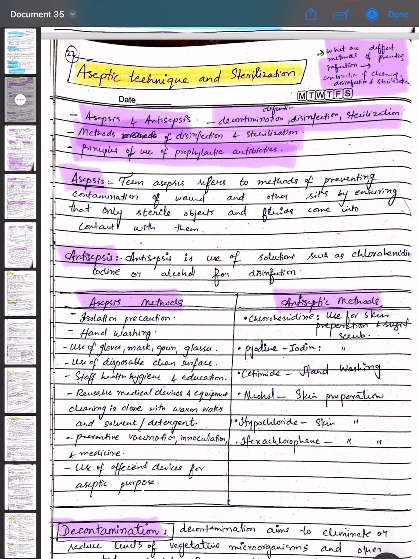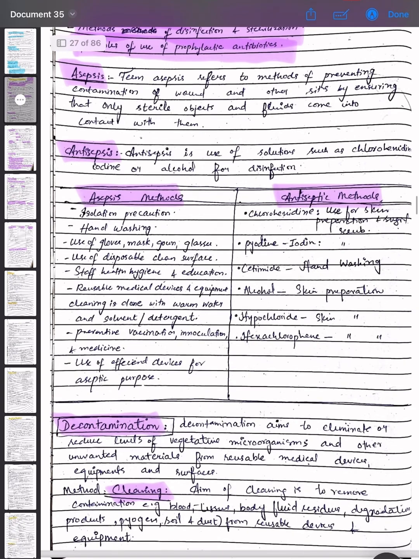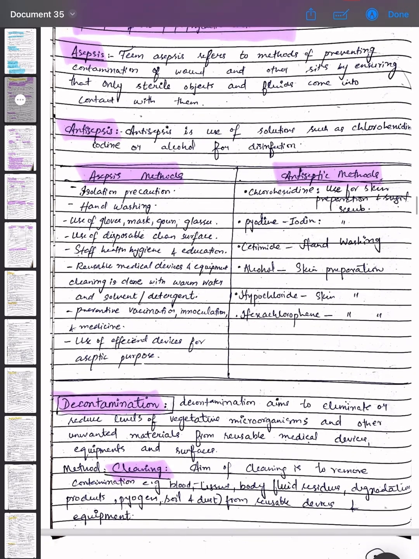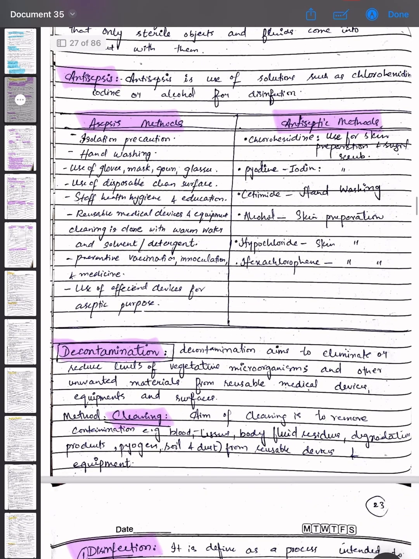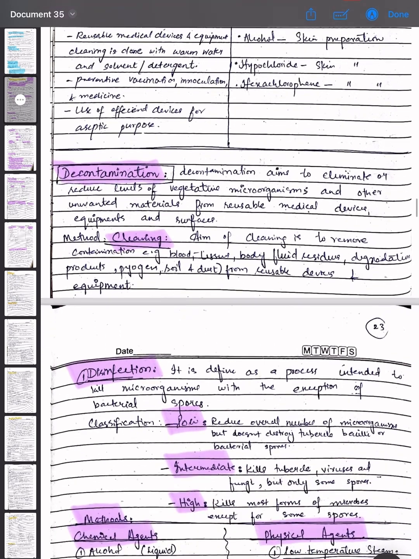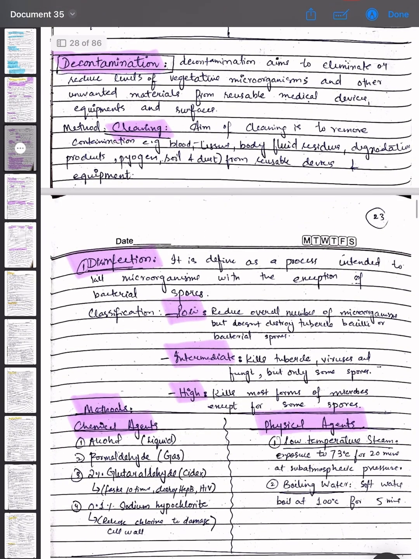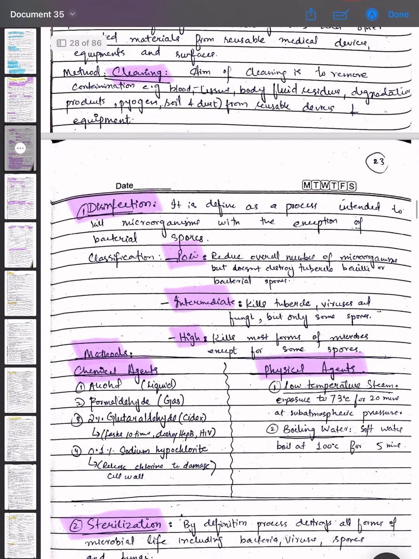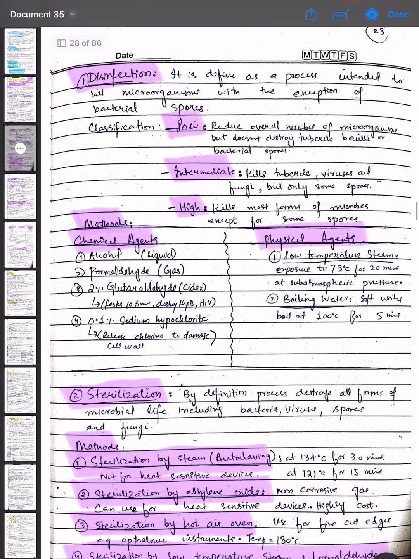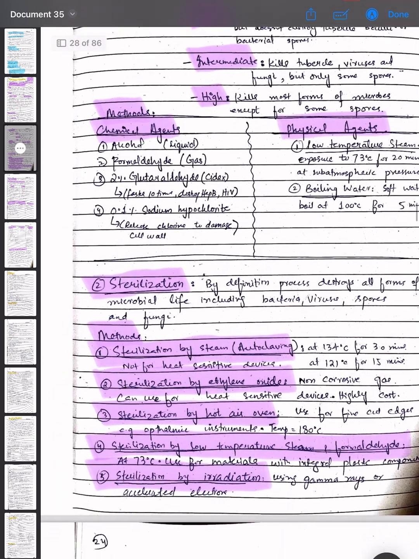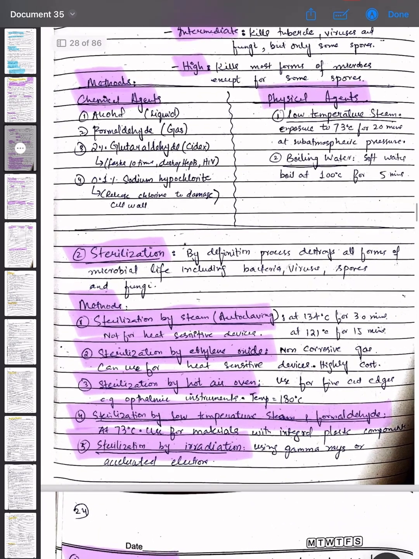First we define asepsis, then antisepsis, then what are the methods of asepsis and antisepsis, then we discuss the definition of decontamination and what is the process for decontamination. It is cleaning, then disinfection, then what are the low, intermediate and high level disinfections, what are the methods, what are the chemical methods of disinfection, what are the physical methods,